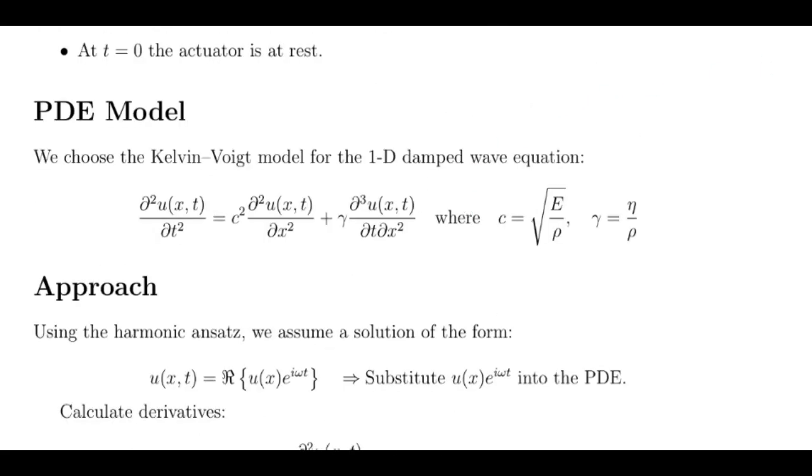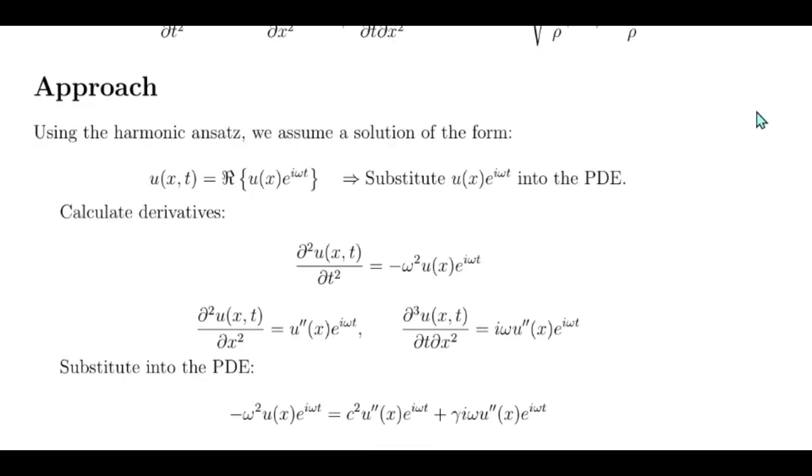Because of our model, we can model our problem using the partial differential equation for a one-dimensional wave that is damped using the Kelvin-Voigt model. Using the harmonic ensemble approach, where if a prescribed frequency is applied at the beginning of the system, that frequency remains the same throughout the system with an amplitude decay or attenuation and a phase shift, we set u of x,t equal to the real portion of